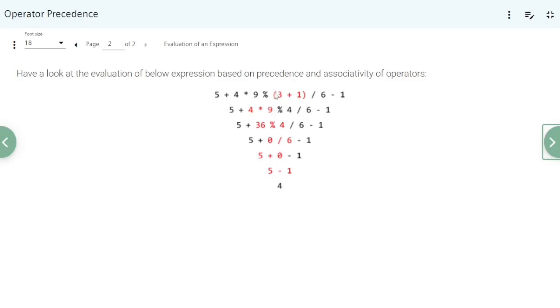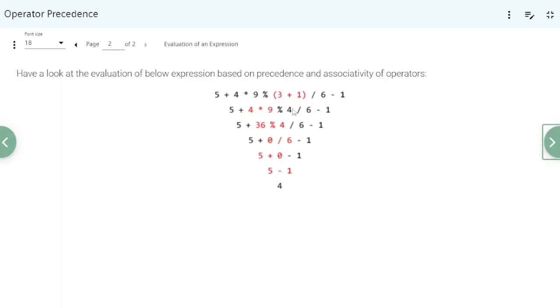So here comes the operator precedence into play. So first, what you have to do is see the parentheses. Where are the parentheses? So here are the parentheses. No matter what operation is being performed on these operands, you have to perform it first, because this has the most precedence than any other operator in the Java language. So parentheses will get resolved first. So 3 plus 1 will be 4, right? So this is going to give the second statement that we get. So 5 plus 4